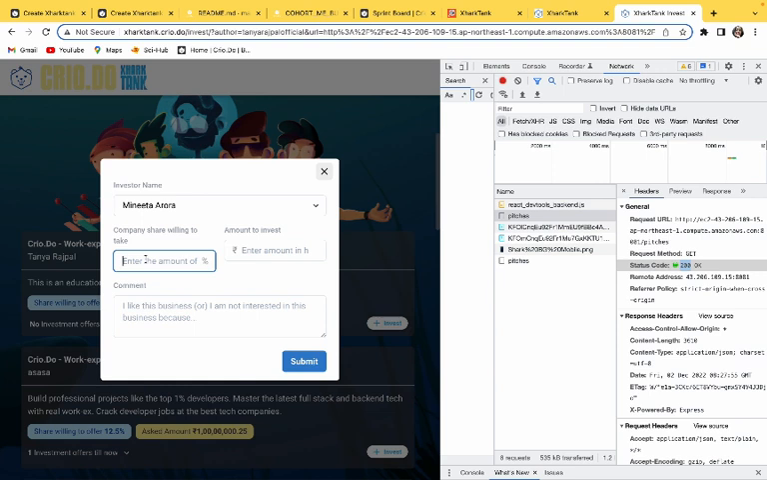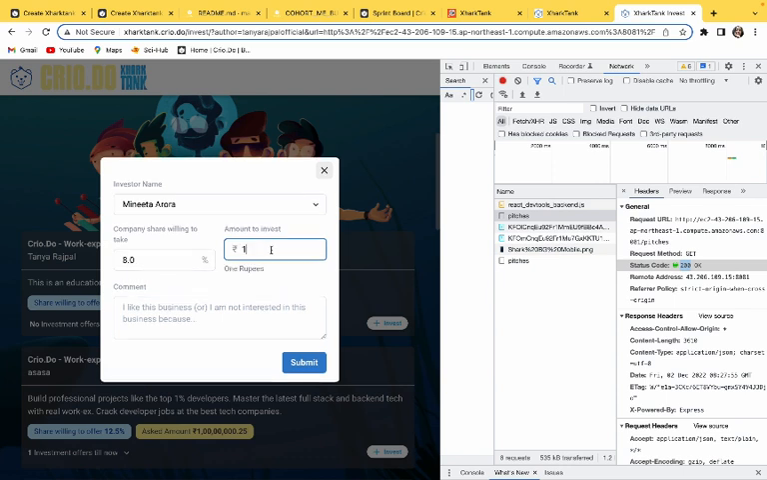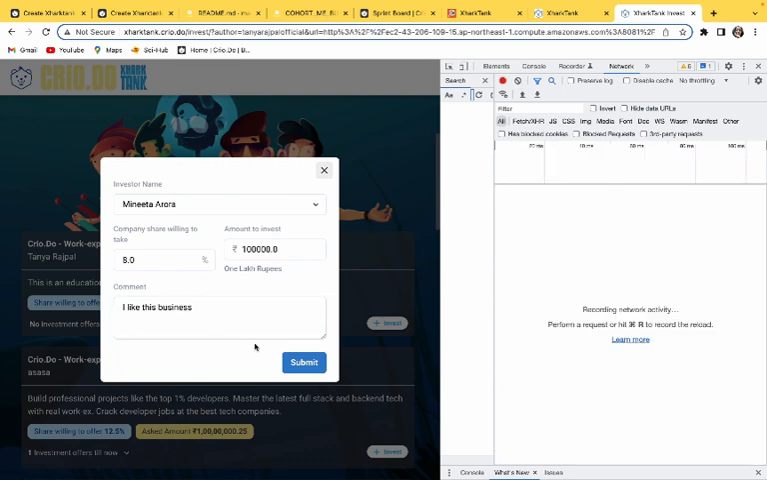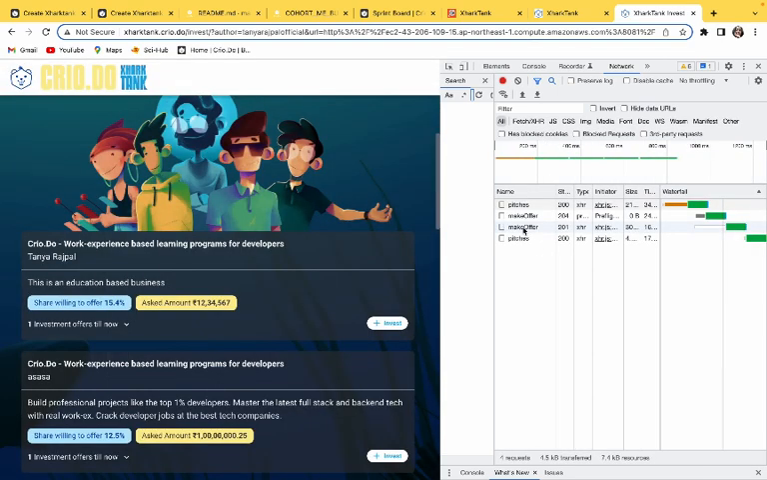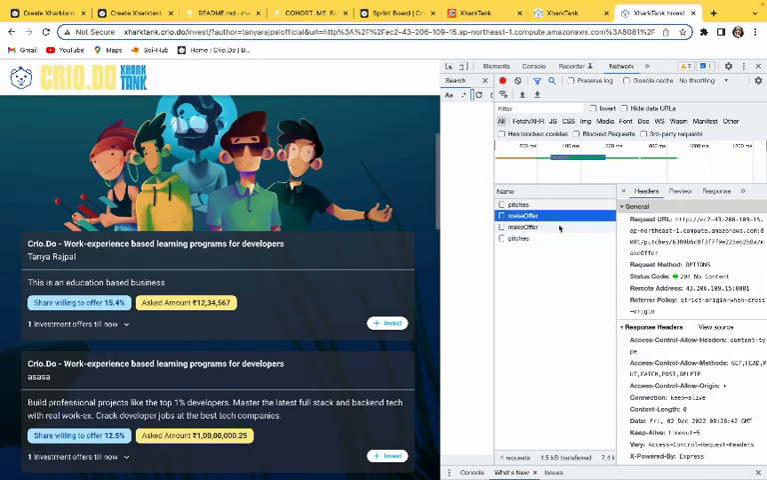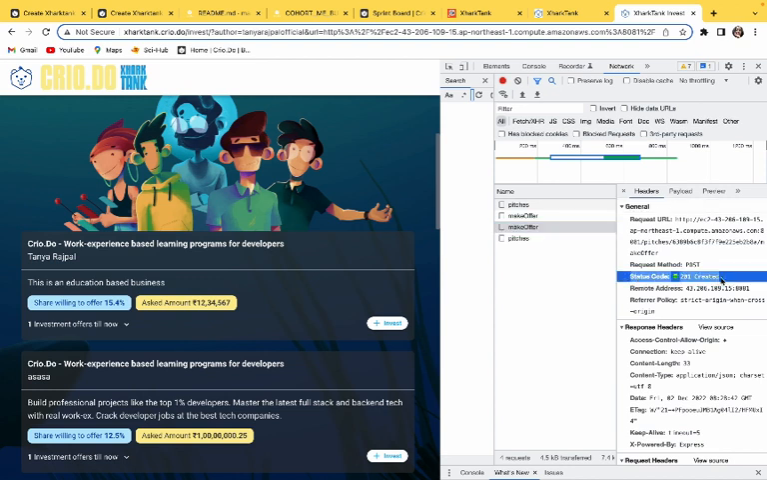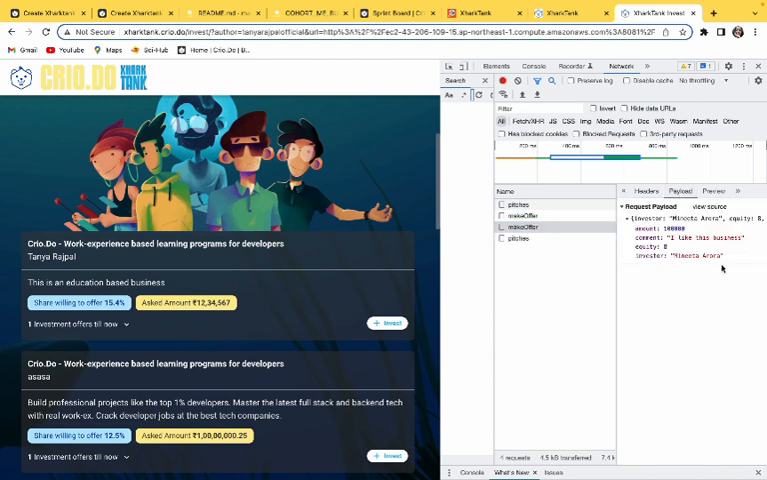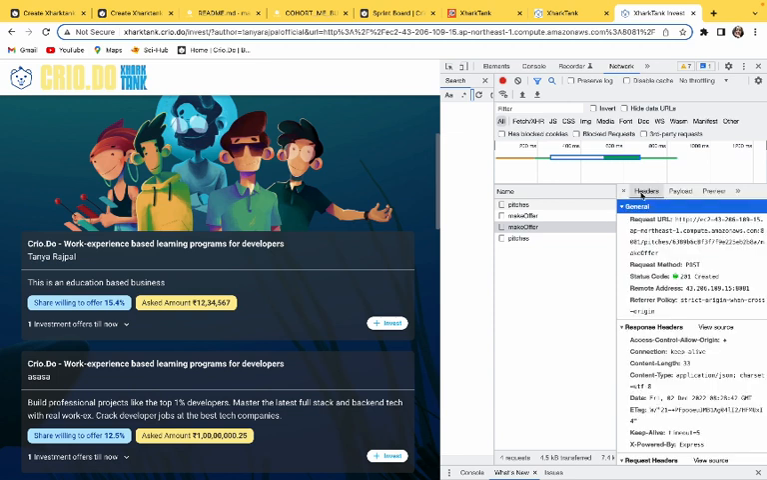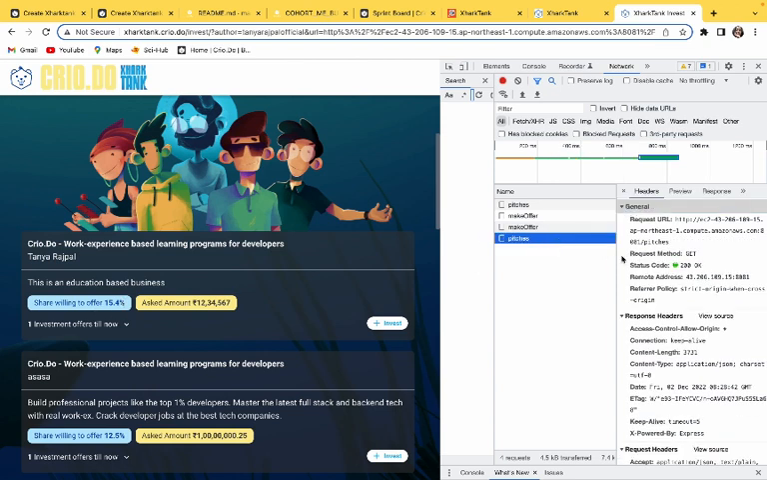Then I'll enter all the data first. The equity he is going to give, let's say it's 8, and the amount of investment is 1 lakh, and his comment, I like this business. So as soon as I hit the submit button, the make offer request has been made, and you can see here the status code is 201, and the payload was the thing that I wrote there. So it has been successfully created, and then it has been fetched from the database again